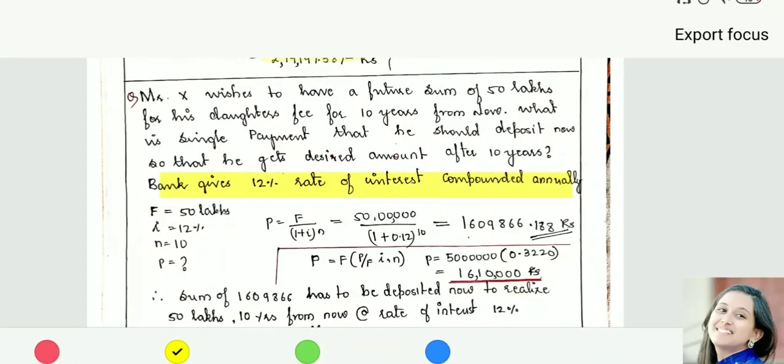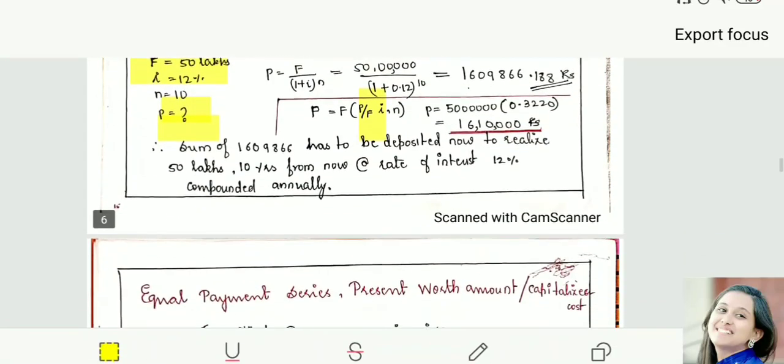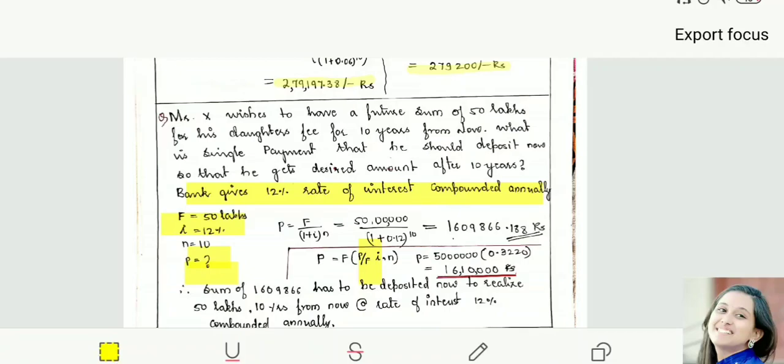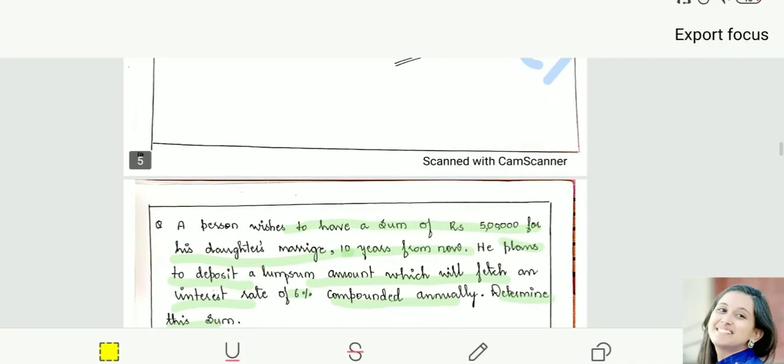Okay, so you know F, i, n and P. You are finding out the present worth for the future value. So again this problem also try solving in both ways, formula plus the table. I'll be attaching the compound interest table as well as the notes in the group. Try solving both and try to understand both in a better way. Okay, so thank you.